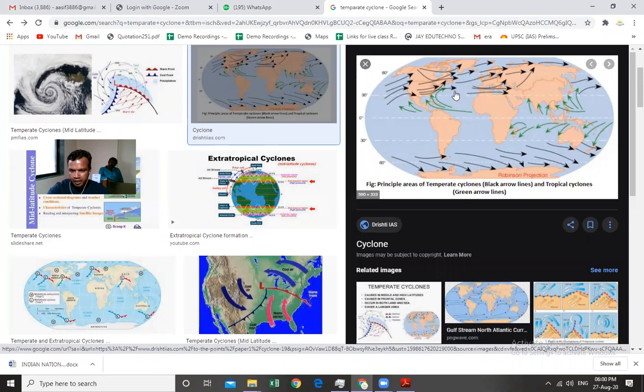Because suppose there is an air mass here in the temperate Atlantic Ocean, and there is one more air mass here in the ocean. When they both converge, there will be cyclones. And here also when the air mass on the continent from the polar region and from the temperate region both converge, there will be a cyclonic condition here. So temperate cyclones can be created both on continent as well as ocean, while the tropical cyclones can be created only on the ocean. And when the tropical cyclones reach the continent or the land mass, they get destroyed. So that is the difference between the tropical cyclones and temperate cyclones, right?